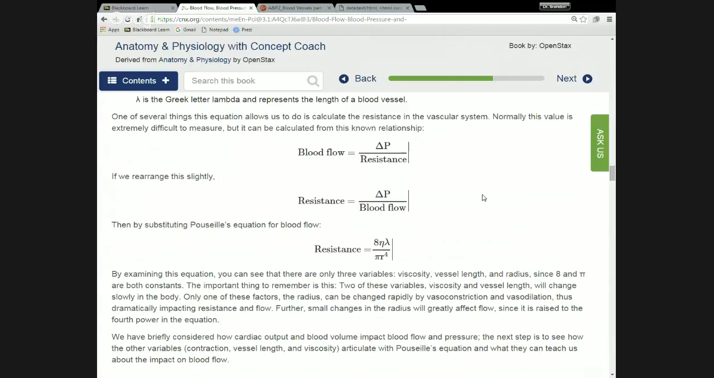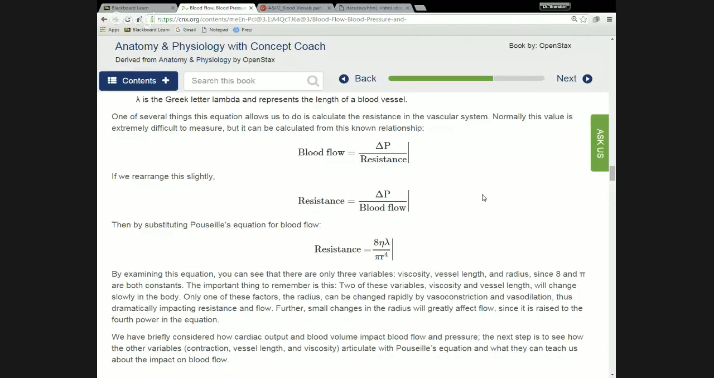Pi r squared is the area of a circle, right? Yeah. Pi r to the fourth is the same sort of thing, but since it's a higher power, 4 instead of 2, it's a larger number. The amount of resistance that is inversely proportional to blood flow is actually based on that fourth power. So